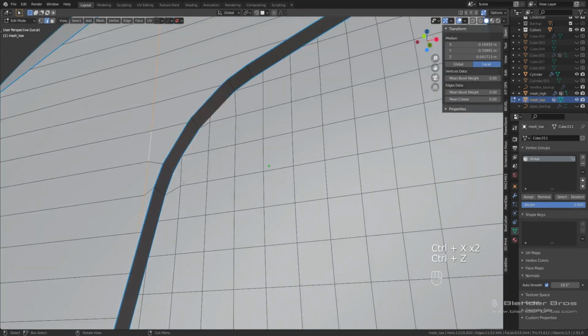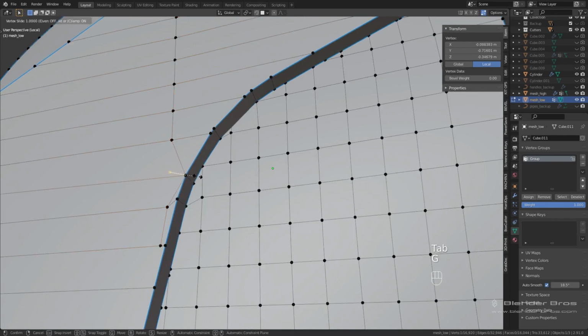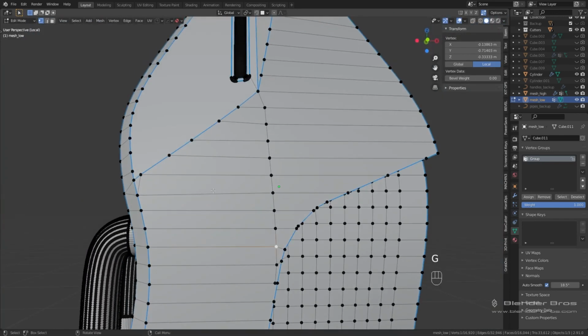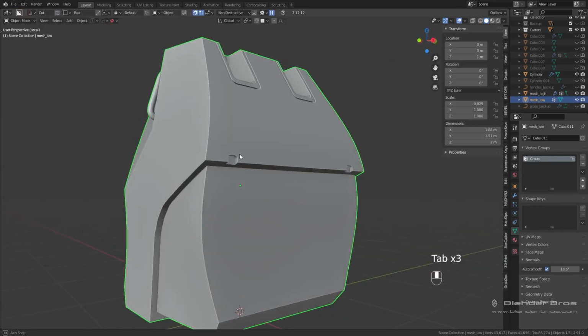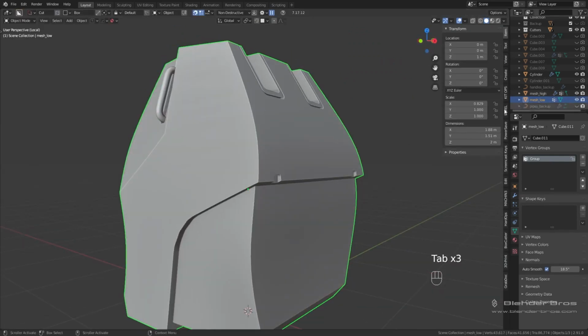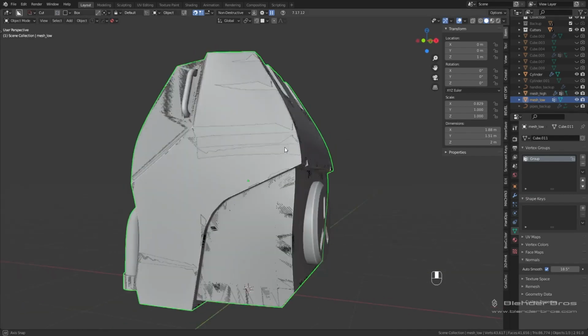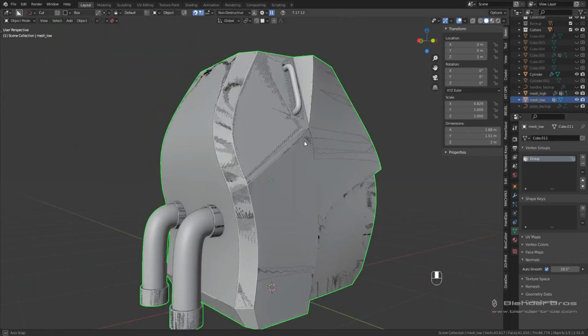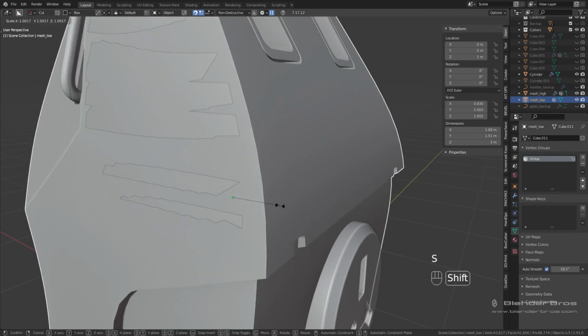This is still holding the curvature together, so maybe not. Gotta be careful with that. I think I'll leave that one in the middle. It's not really hurting too much, so we'll turn the high poly back on. So here's the high and low. It's still following the curvature pretty well, I'd say. I don't think this will hurt us too much, but